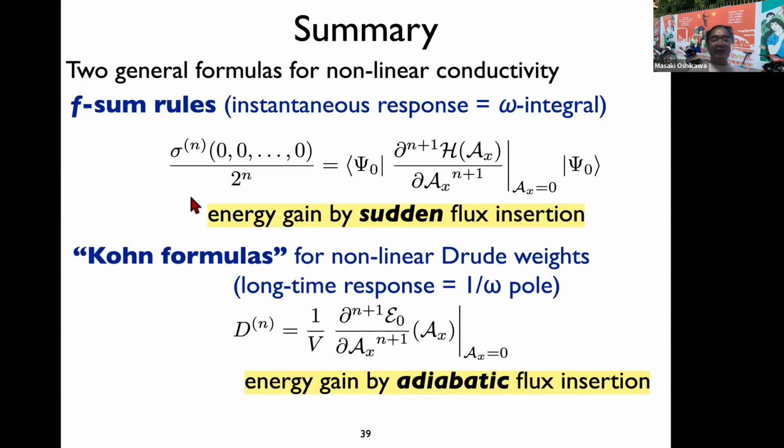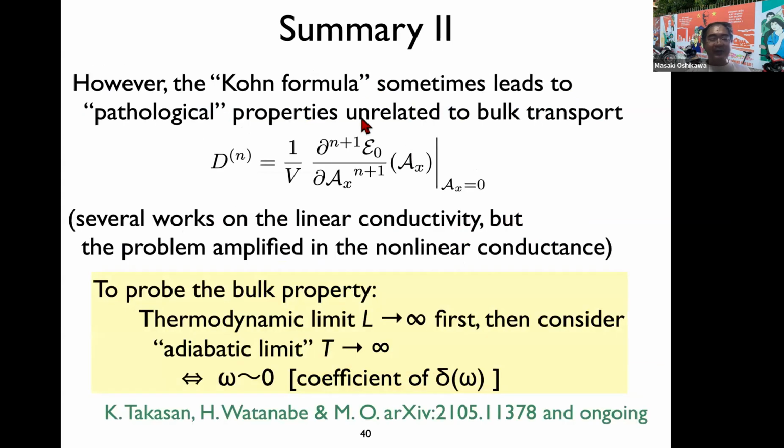So if you insert a flux suddenly, then you pick up the instantaneous response, which is represented by this f-sum rule. And the other extreme is the very slow insertion of flux. And in this case, you reproduce the Kohn formula for linear response, but then naturally you can generalize the Kohn formula for nonlinear Drude weights. So I was personally very happy to see this unification and natural generalization to nonlinear responses. But there is a caveat: with this Kohn formula, you can do some calculation, and sometimes it leads to pathological properties like a divergence unrelated to bulk transport. And